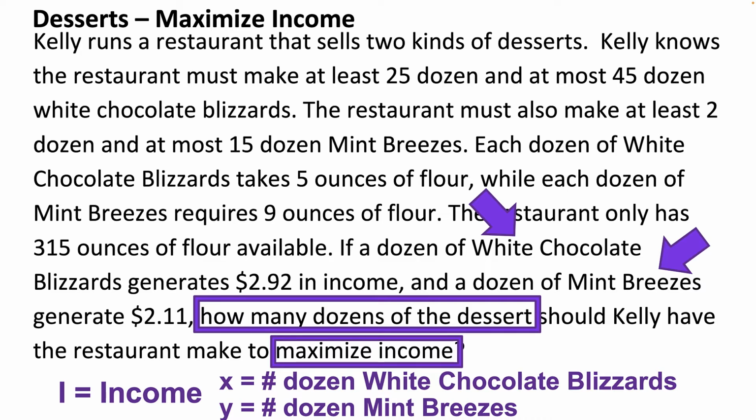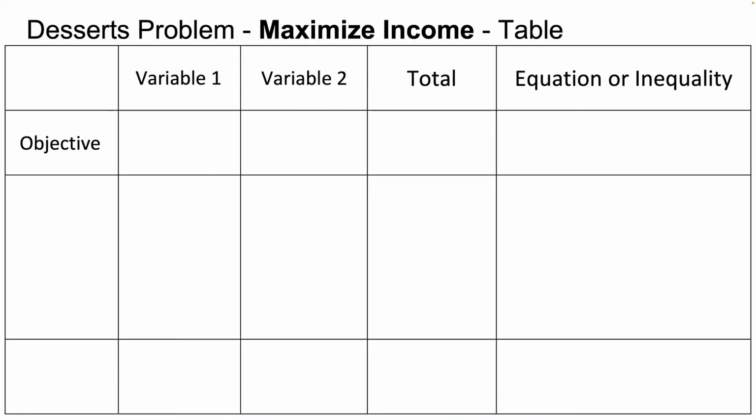We've defined our variables. Now we want to write our objective function. To write our objective function, you want to focus on the relationship between all three of these variables. Continuing in that last sentence, we see that white chocolate blizzards generate $2.92 in income and mint breezes generate $2.11. Now we can use all of this information to write our objective function. When I'm solving linear programming problems, I usually like to organize my information in a table. This is not required, but it just helps you organize all of the information and write the equations or the